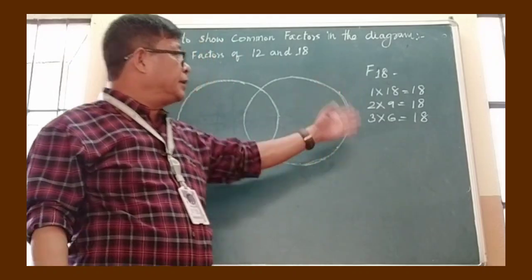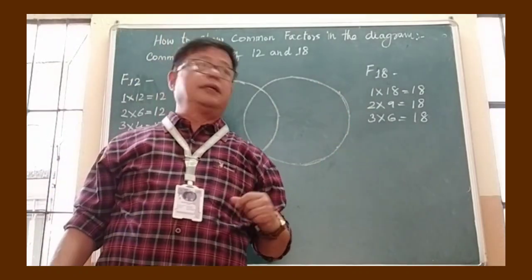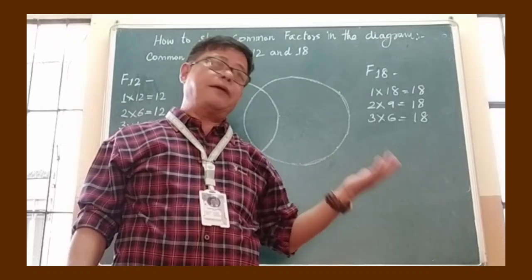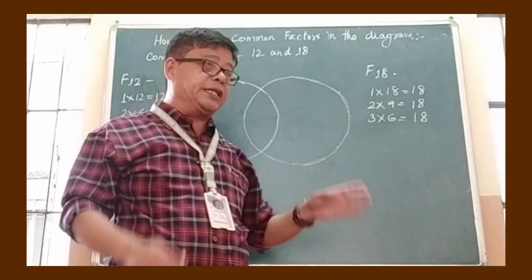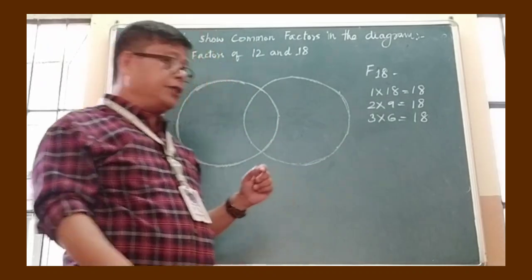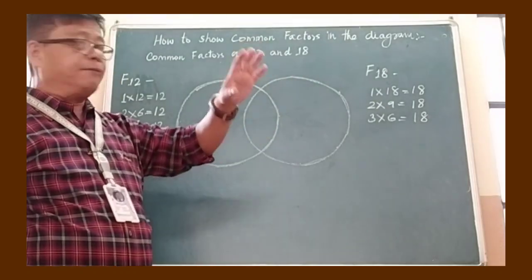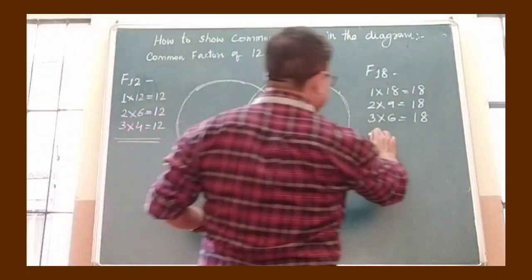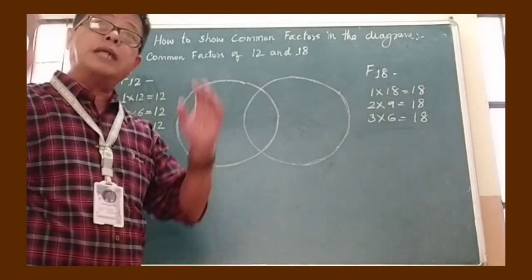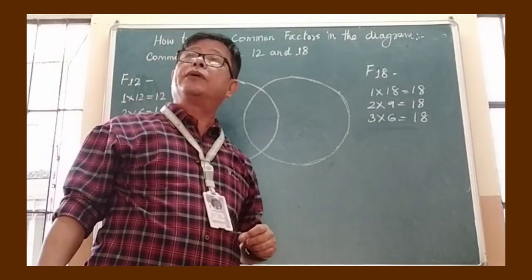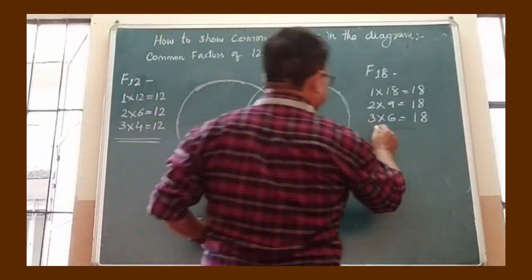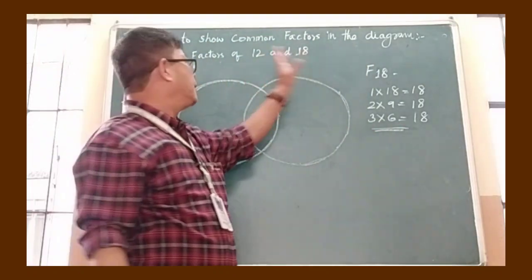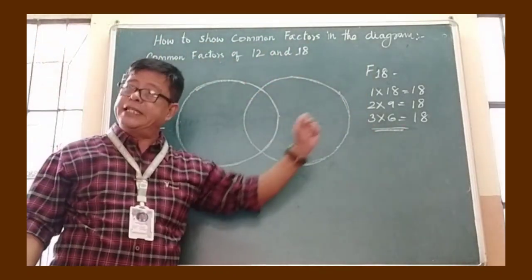In the table of 5? No, because 5 times 4 is 20 and 5 times 3 is 15. The number 18 comes between 15 and 20, so 18 will not come. Now 6 times 3 is 18, but it is repeated. Once the number is repeated, what you have to do? Stop it. So we have found out the factors of 12 and factors of 18.